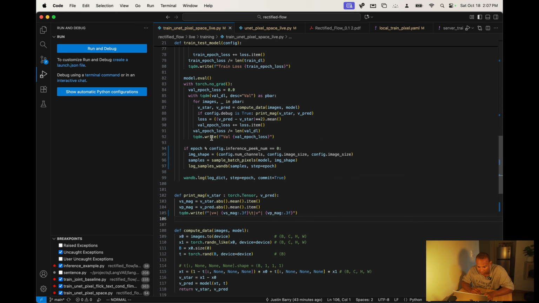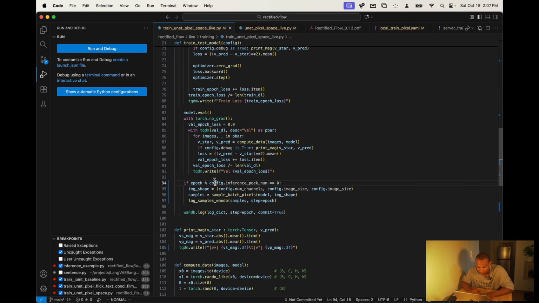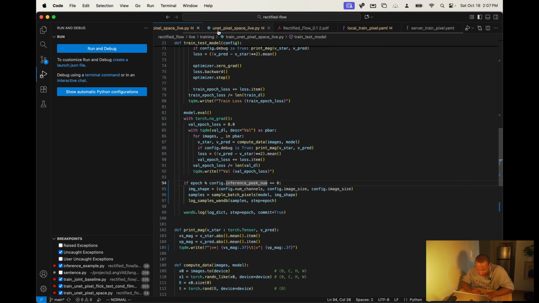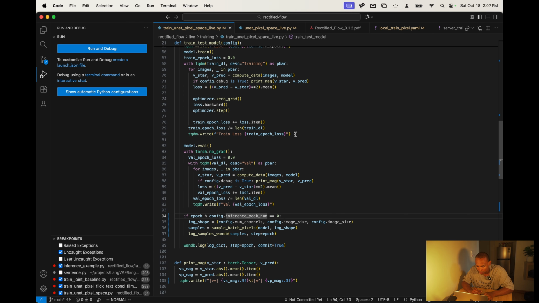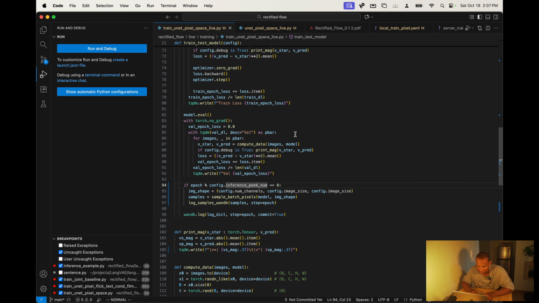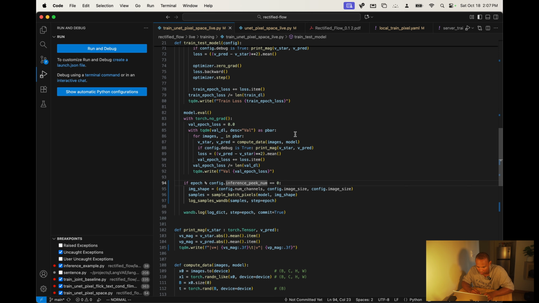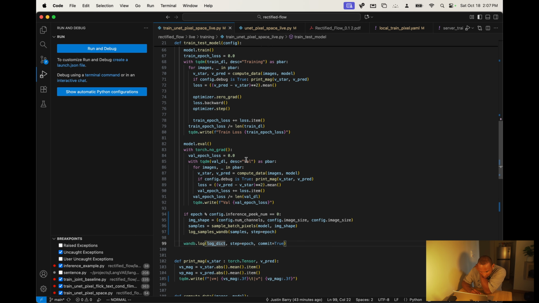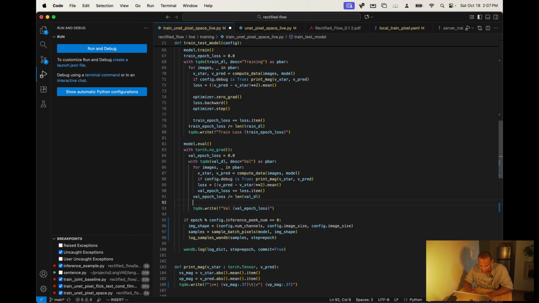Okay, so let's run our code. So inference peak number, let's make sure. So yeah, every epoch, we're going to perform inference to see what things look like. And then log dict. I need to make sure that I'm adding